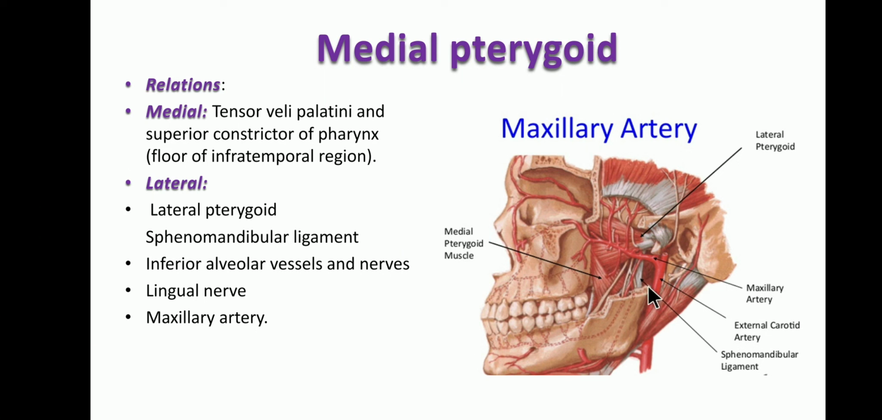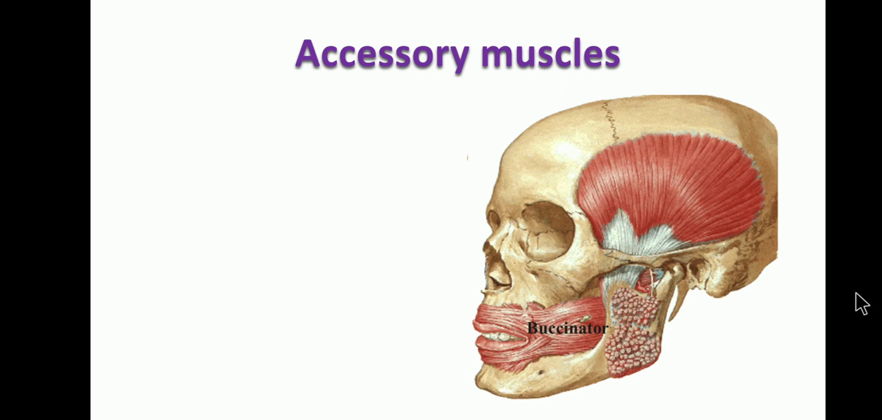Then the sphenomandibular ligament, inferior alveolar vessels and nerves, and lingual nerve mainly form the lateral relation of the medial pterygoid muscle. Now coming to the accessory muscles, why do we call them accessory muscles? They also assist in mastication. The four muscles which we have discussed mainly act on the temporomandibular joint in various movements of the